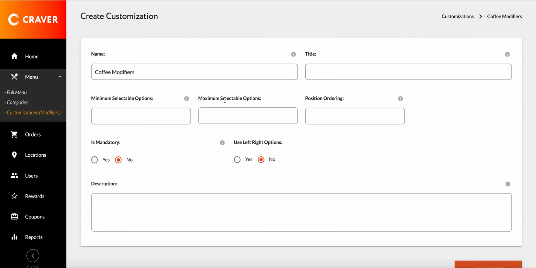Now, your customizations, you can make them mandatory or not. If mandatory is yes, then the customer is forced to make a selection before they can proceed to checkout. But if it's on no, then it's an optional customization. They don't need to make any selections. The minimum and maximum selectables are if you want to force a customer to make a minimum number of selections before they proceed to checkout. Let's say you want them to select at least one, then you put a minimum of one here. Or if you want to